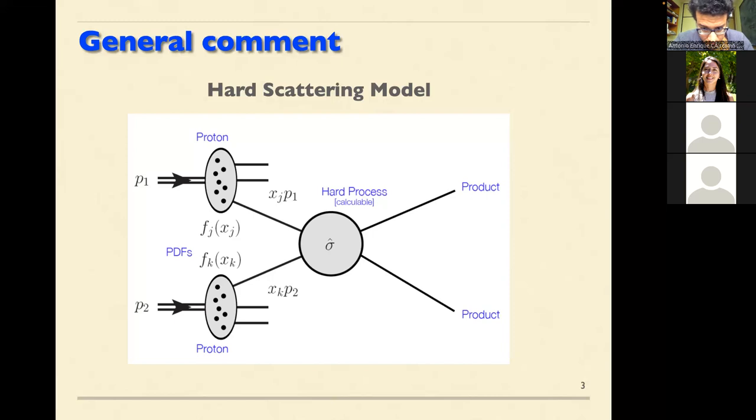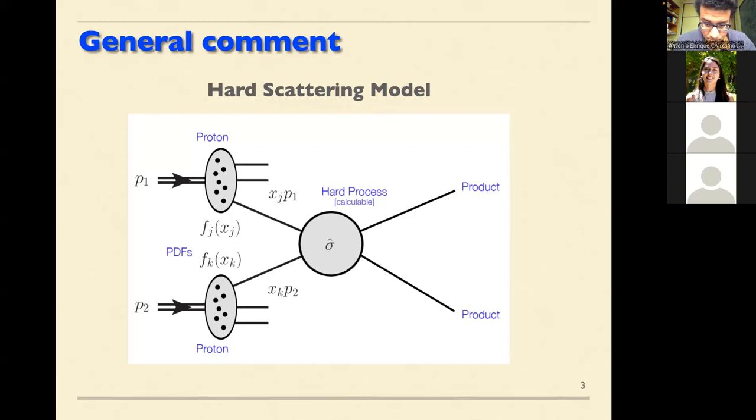Unless you know the corrections to this picture, it doesn't make too much sense to work so much on the details of the parton distributions and the hard process. I presented this in a Slack, and people started mentioning things, but they couldn't answer this question. There were some experts there, but I think this is a very important thing, that nobody talks about the corrections.